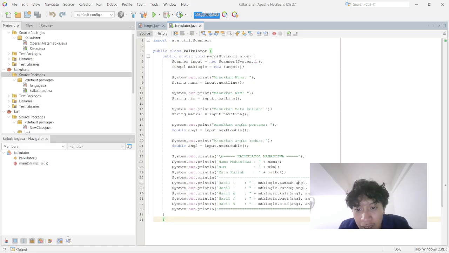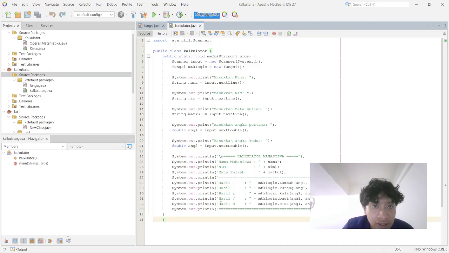Here there is the first number and the second number, and before that, don't forget to add the code for the output. In addition to displaying the calculation result, the program also prints the user's personal information like here, student ID, student name, and course name, forming a well-organized summary output that looks like a student calculator report.